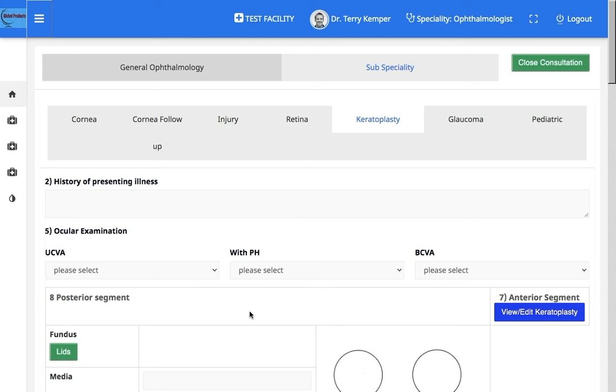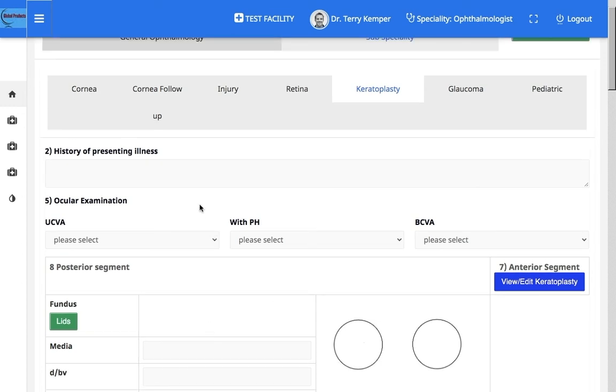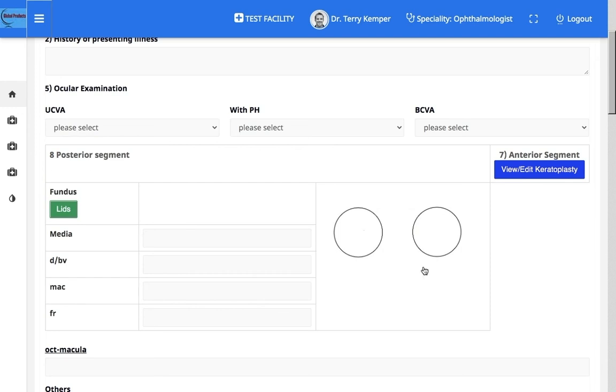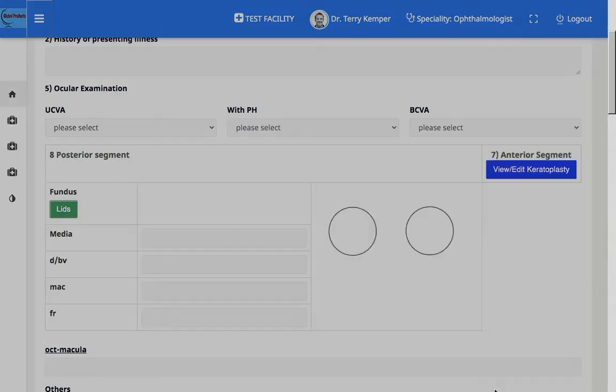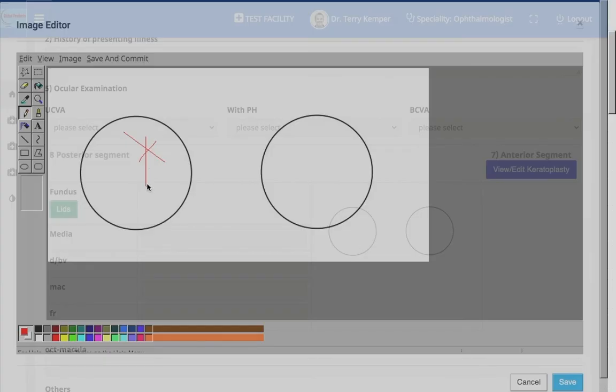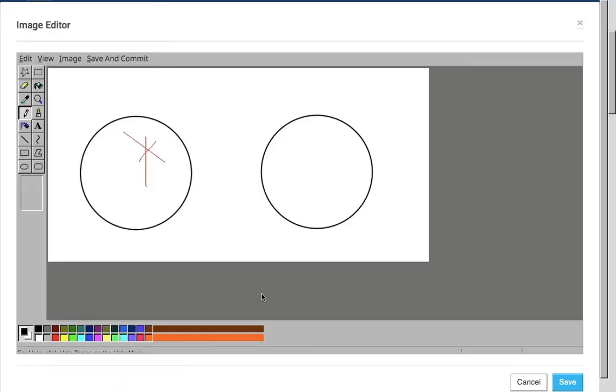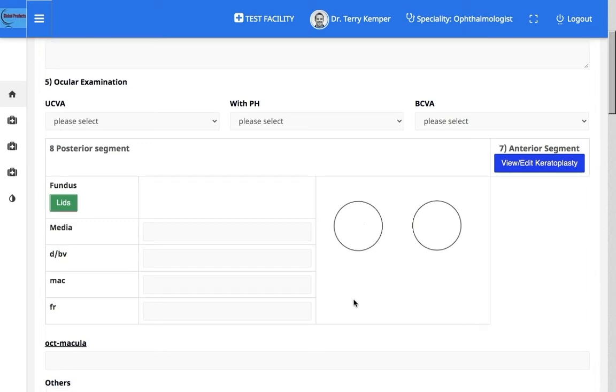Next is keratoplasty. Again, history of presenting illness, ocular examination, posterior segment. This image can be edited as shown before using the built-in editor and saved.